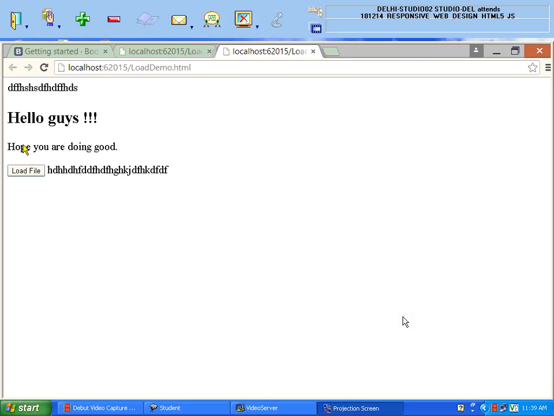I can also do that by downloading from the internet and then putting it into this page. But the only thing which is new here is that the whole page is not going to reload. Just a partial page is going to load. Okay, this is the one example. If you have any question regarding this, then please ask.